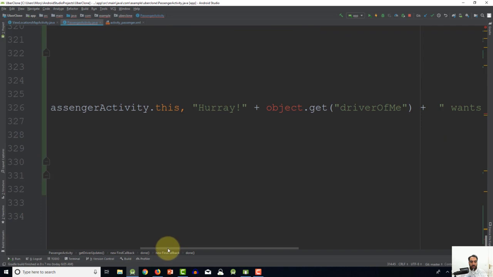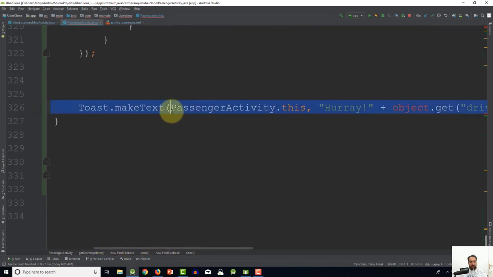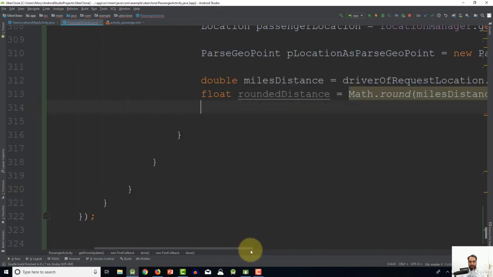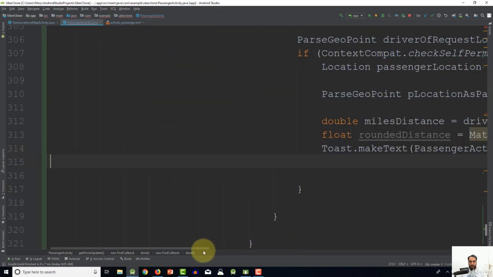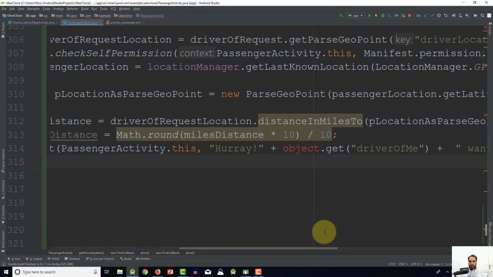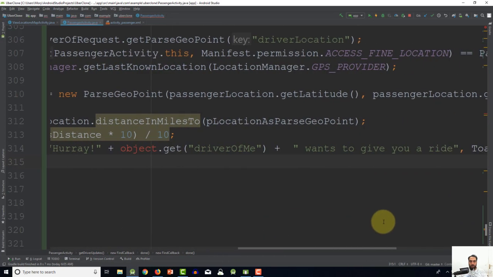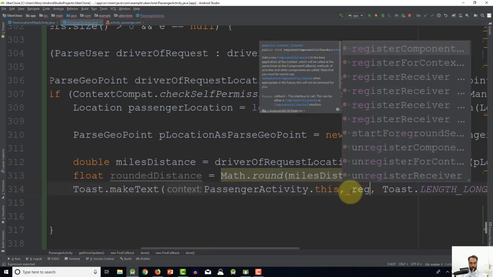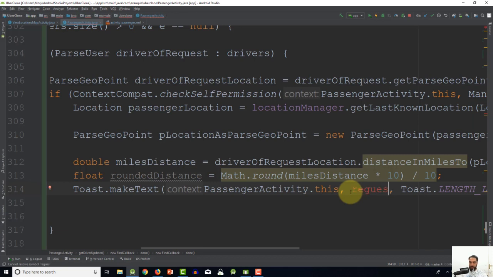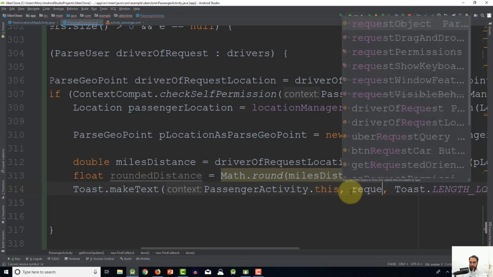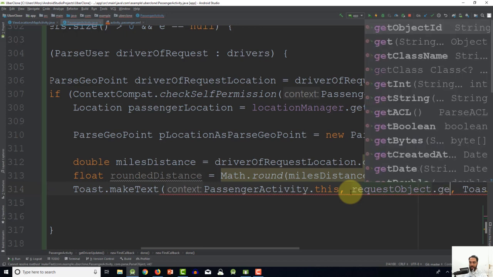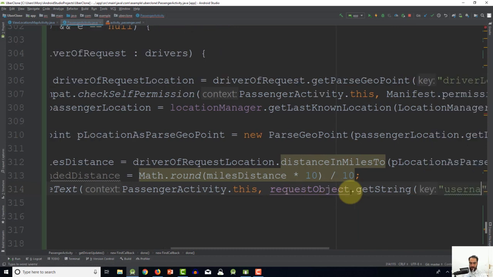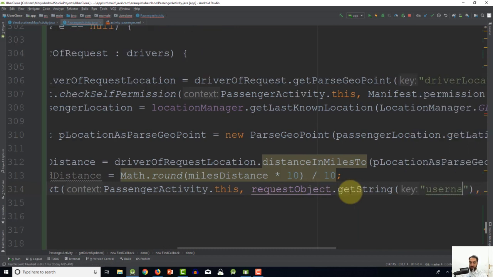So now let's scroll down here. Let's just cut this toast message and let's paste it here after this float variable. So here, instead of saying, for example, Hooray, this driver wants to give you a ride, let's say request object dot get string. So we want to get the username of this request object, or excuse me, the driver of